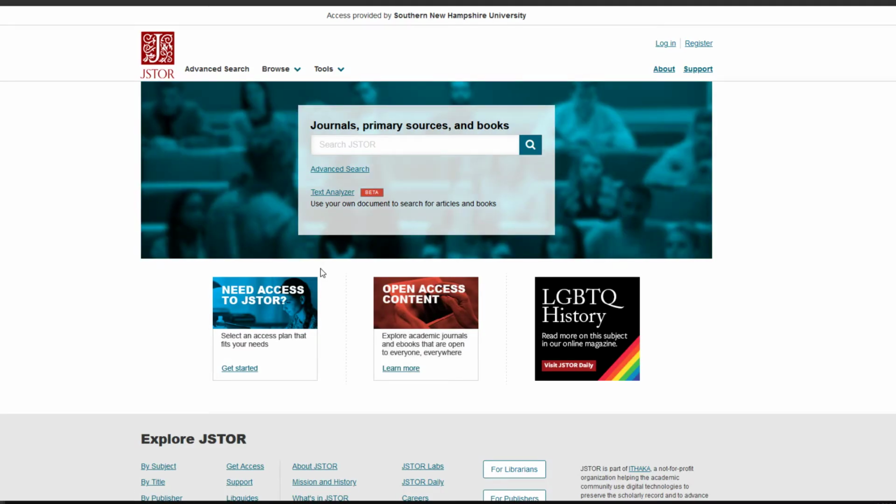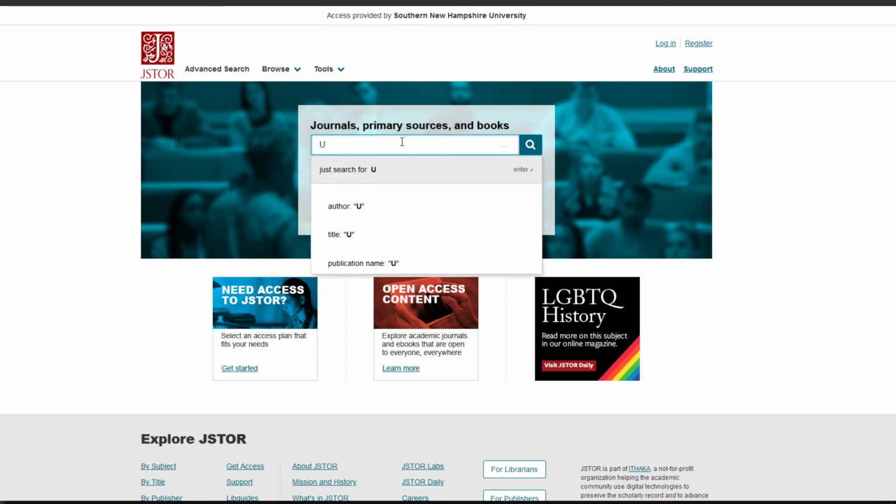So if we click on JSTOR and go here, now if it requires you to log in, you'll be able to log in through your institution. It'll probably bounce you back to the SNHU login page. You'll use your login name and password and then bring you right here. Now, the beauty of JSTOR is if you're used to using Google, this is not actually going to be that hard of a jump. You're going to find this fairly easy. So if we type in U.S. Constitution